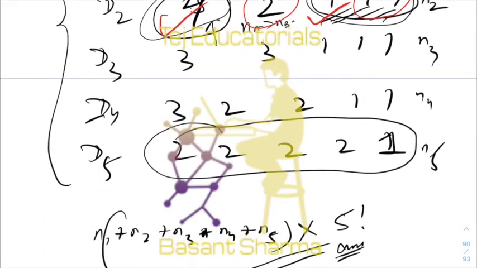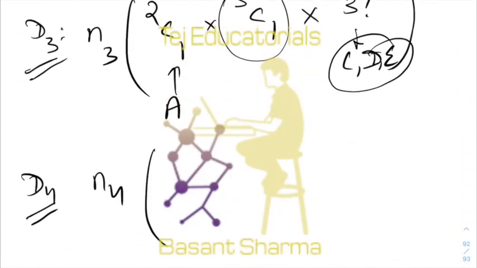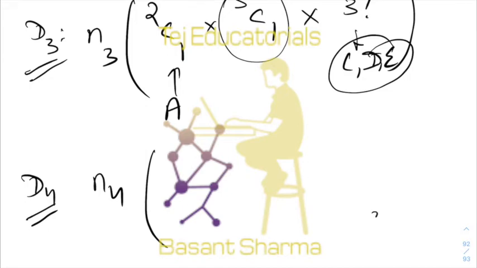Okay. So 3, 2, 2, 1, 1. One way, give the group of size 3 to A. One possibility is this. And then B can get either a group of size 2 or a group of size 1. It doesn't matter. So 4 factorial plus, now A can get a group of size 2.